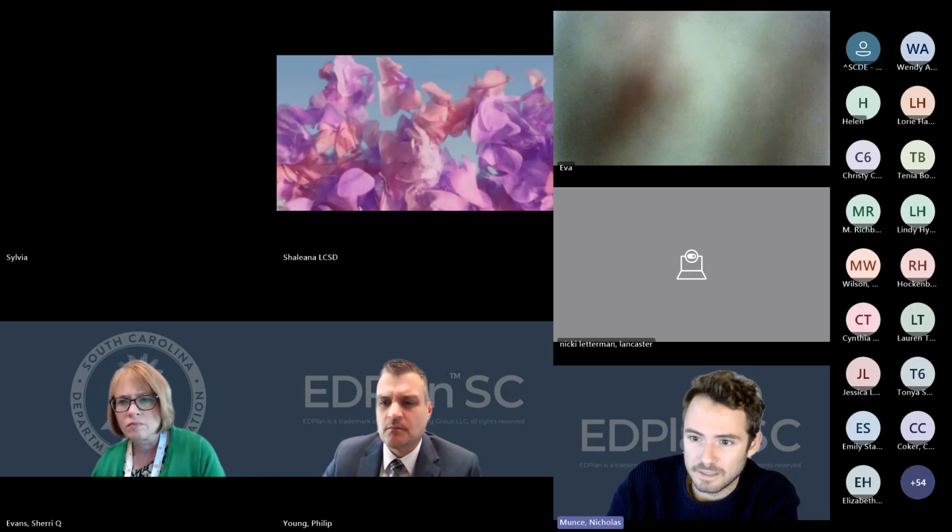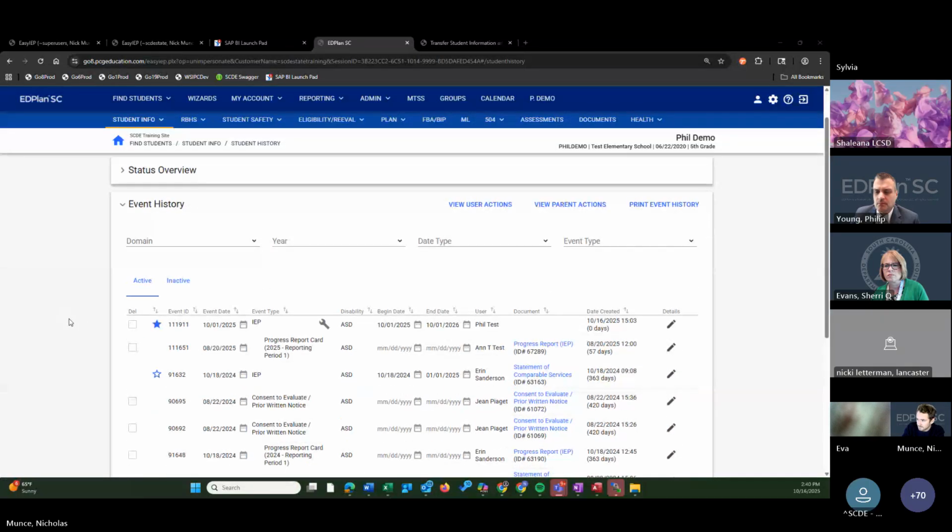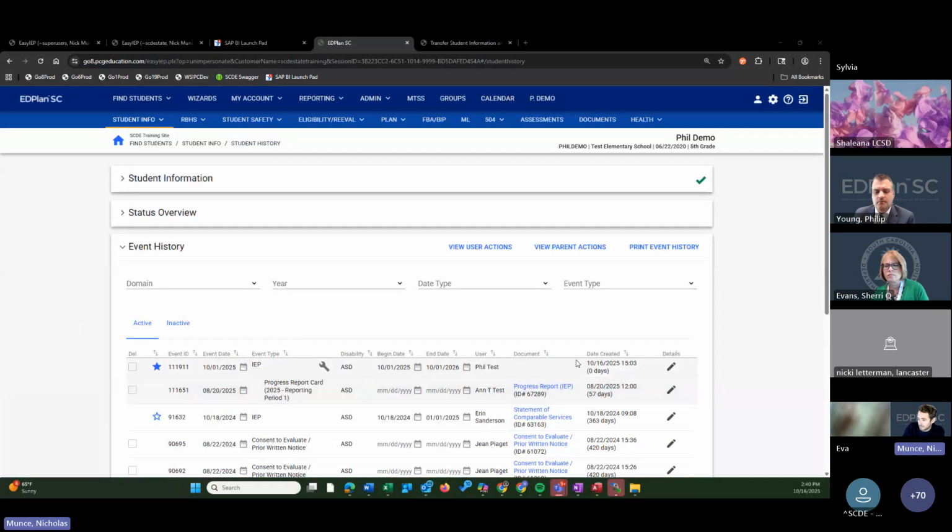The second component is what I'm going to show now, and I won't go through all the steps again, but it's also possible, and it's most likely you'll see these events are transfer imported events. So right here, this would say transfer/import. I had to make it using a fake user, but if it says transfer/import, it most likely came through the Enrich migration. That was the only time we imported IEPs.